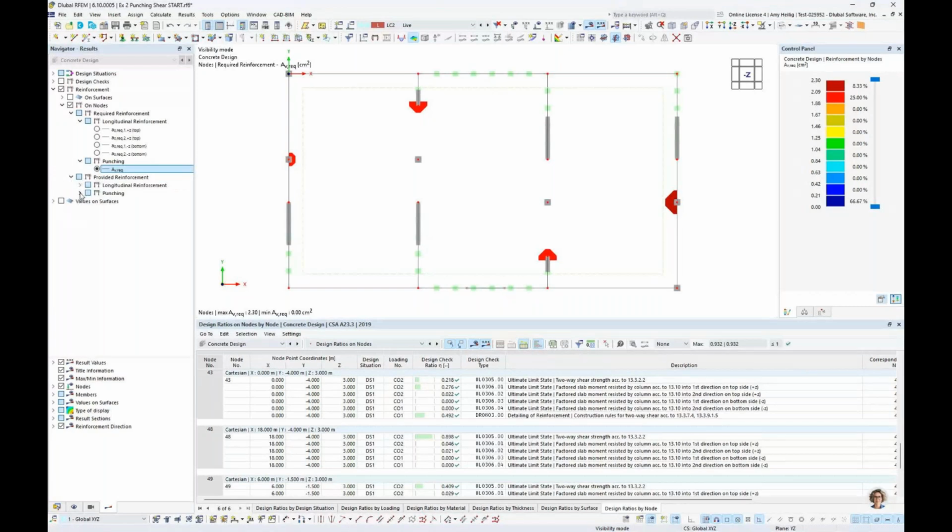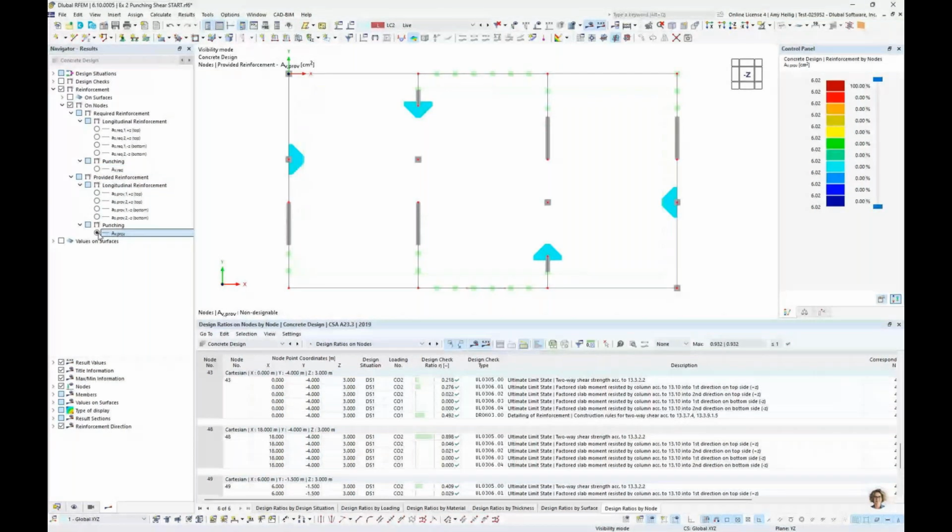Well, then we can toggle to here the provided punching shear reinforcement. And as we'd hoped, the provided is greater than the required, which is why we are now passing these design checks. There are additional design checks here beyond the two-way shear strength that are going to utilize the longitudinal reinforcement